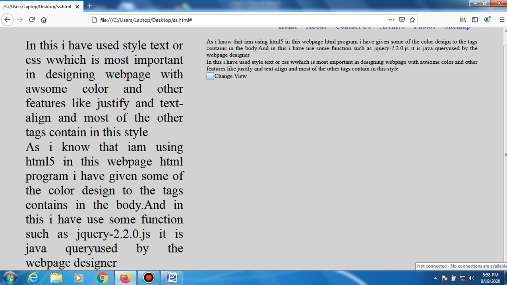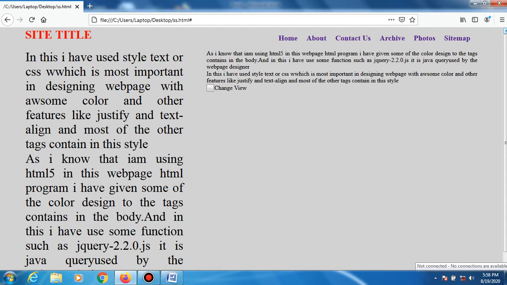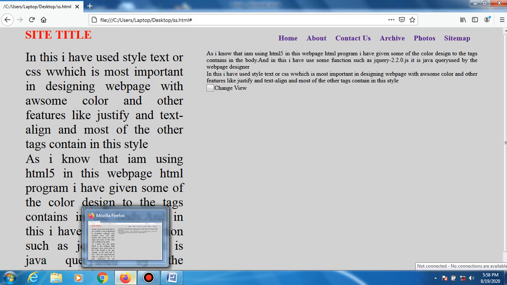Okay, we are using a button and we are writing a button name, and 6 different links are to be written, and site titles we have written in the program, the name of this page. Okay, we come to the point.